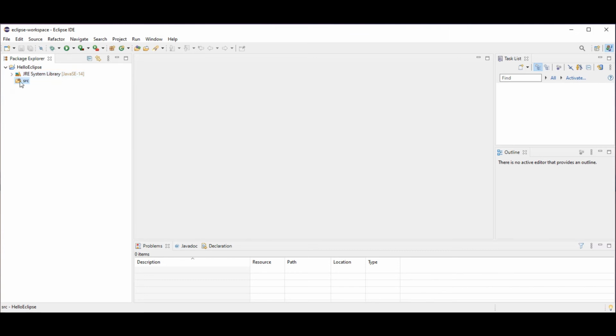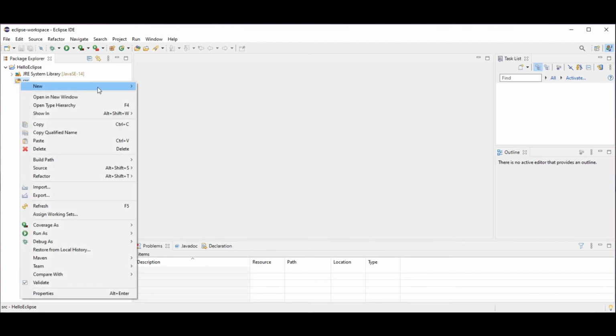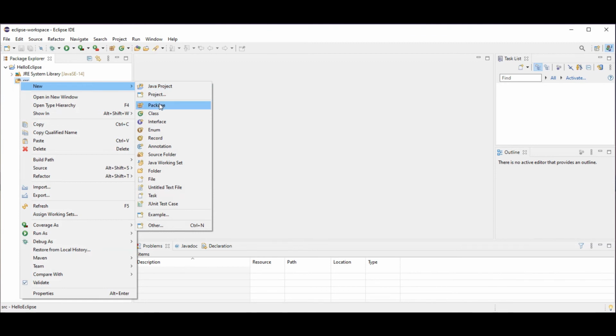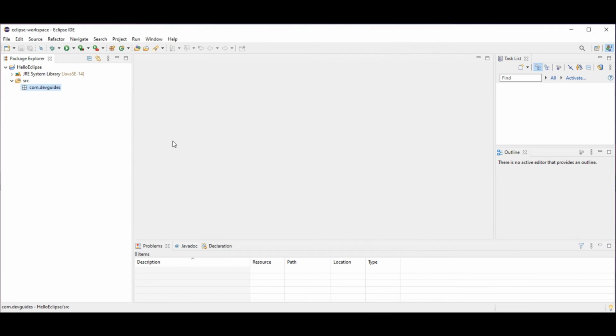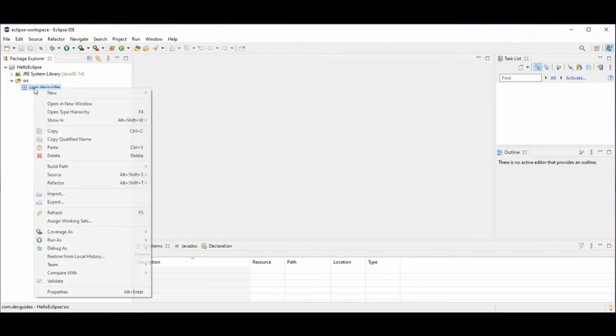So now let's create a package for ourselves. A package is kind of a container for the classes, so all our classes should go into a package, and that is the best practice. So let's give a name to our package. Click on finish and it will create a package. Now that we have created a package, let's create a Java class.